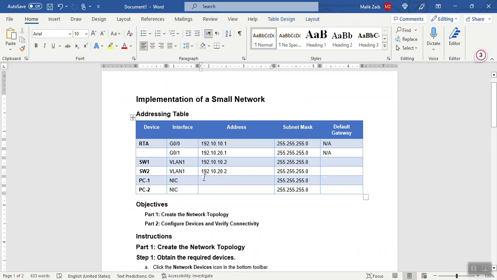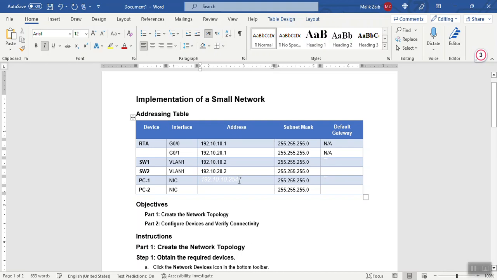The NIC will be in the same class. PC1 is on the gigabit 0/0 side, so it can be any IP here, 192.10.10, other than 1 and 2. It can be from 3 up to 254.